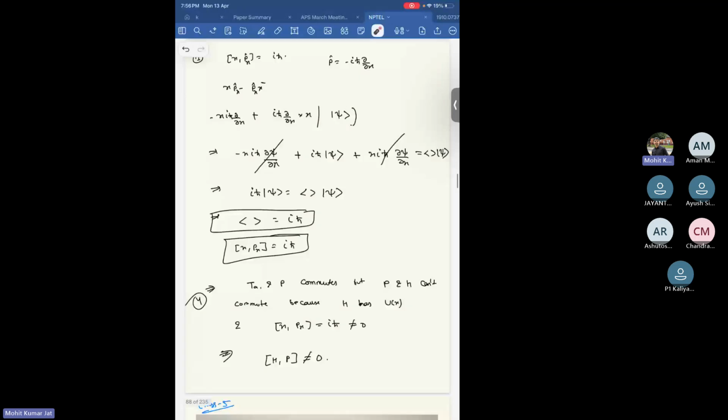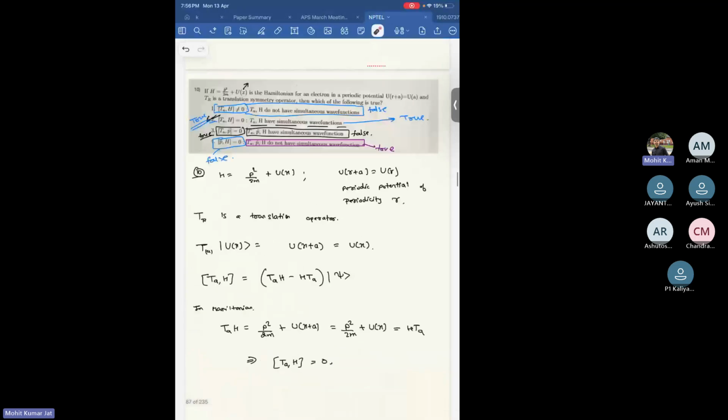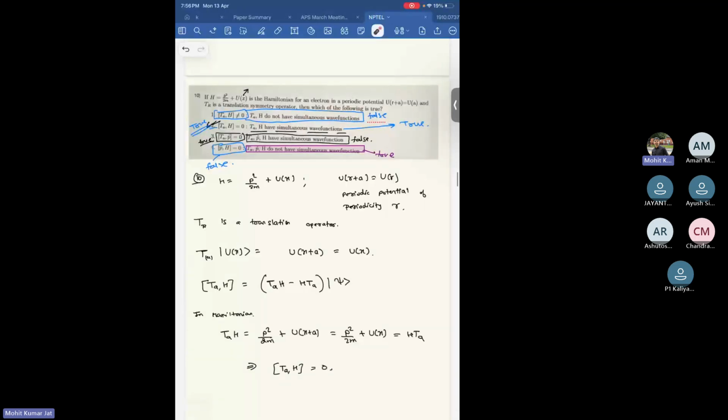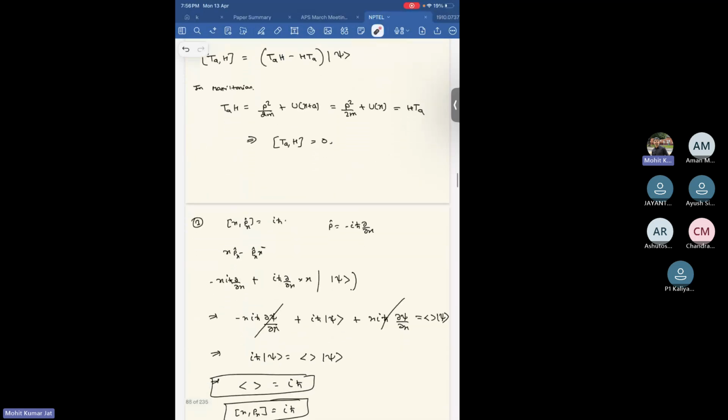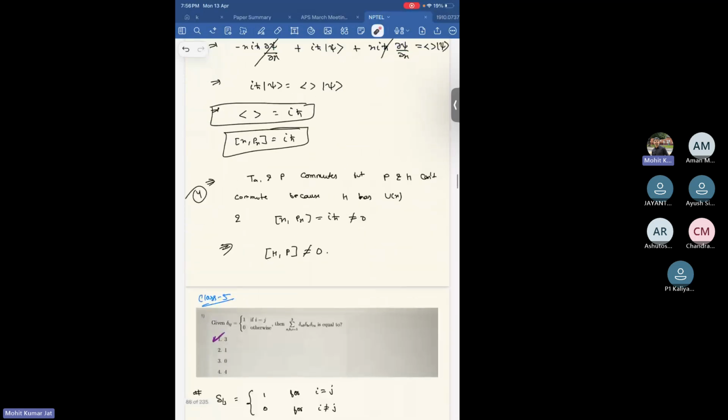This is just about the trace. If the two operators are commutable, then what does it mean? That's what this question is all about. This is something we already discussed, so it's just the quantum mechanics concept. If the two commute, then they can have the common eigenfunction basically, right? All those things are there. If the two operators commute, then they can be measured independently, unlike momentum and